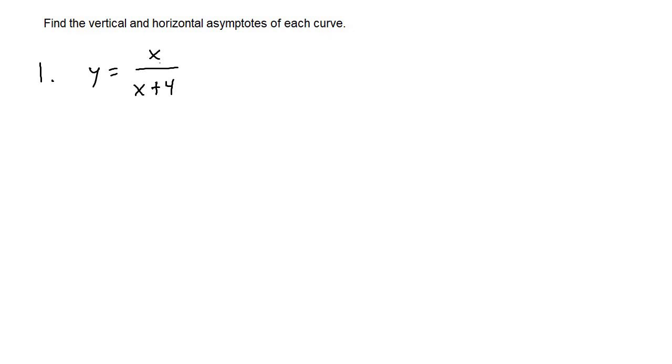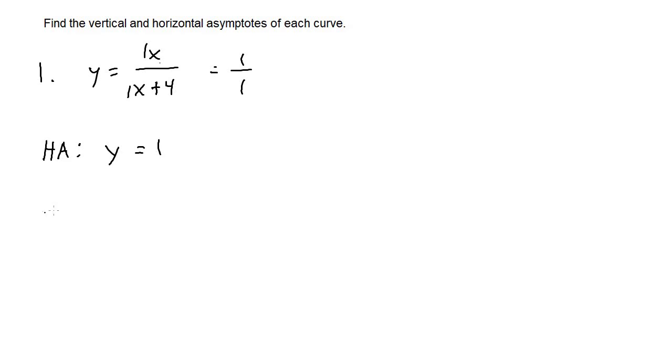So for number 1, we have y equals x over x plus 4. Let's go ahead and start off with finding the horizontal asymptotes. Once again, with the horizontal asymptotes, we're just looking at the highest degree of the numerator and the highest degree of the denominator. The highest degree of the numerator is x to the 1st. Highest degree of the denominator is also x to the 1st. Because they are the same degree, we're just going to take the ratio of the coefficients. So that's just going to be 1 over 1, or the horizontal asymptote is going to be at y equals